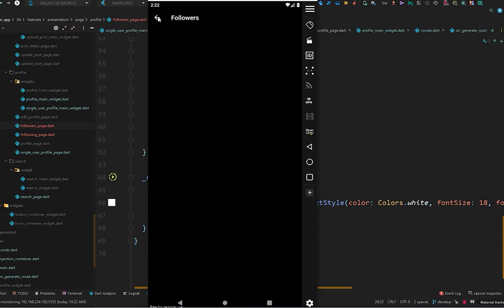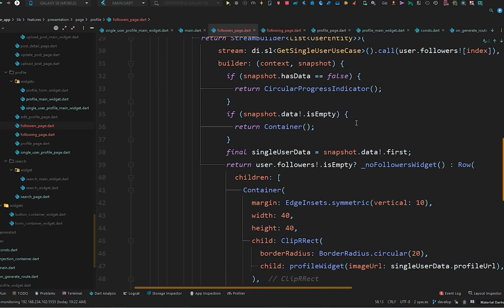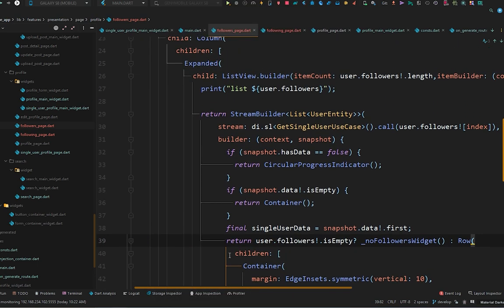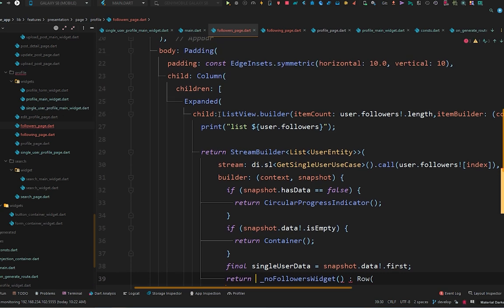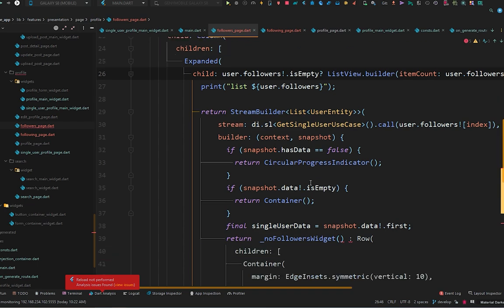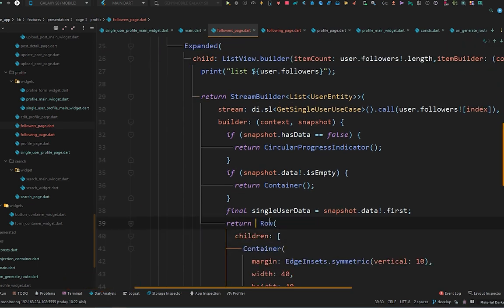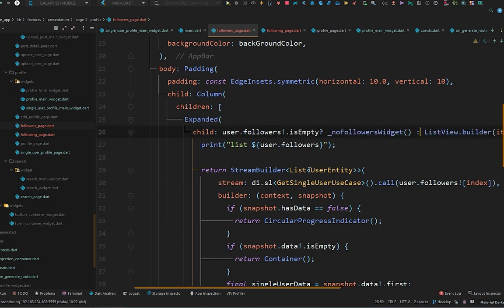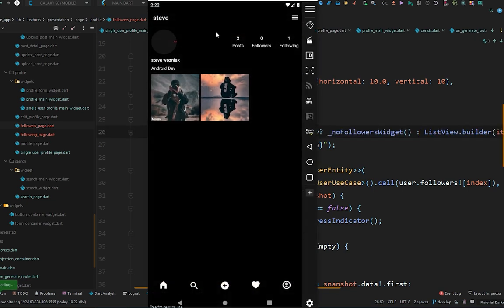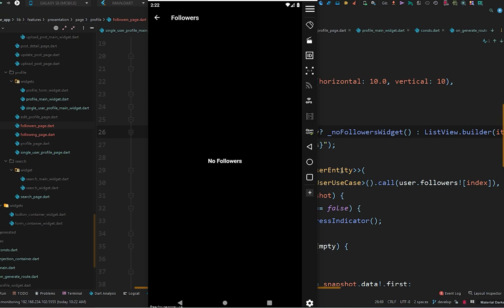happens. That is because if we check, we are checking if user followers is empty, simply show this, otherwise this row, but it's nothing is happening. That is because we have to cut this from here and check this condition on the list view. Now Ctrl S to hot reload. Okay, we have to copy this with this and paste it with this list view. Now when we Ctrl S and open up and go to the followers, it says not followers, so it was